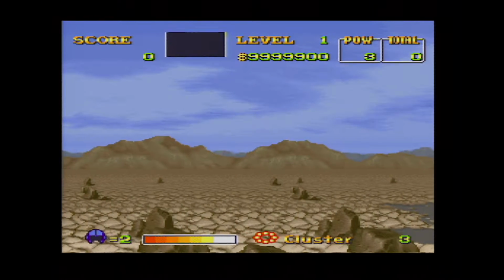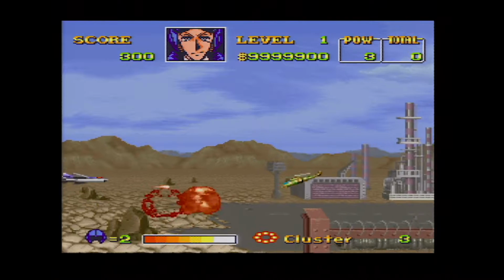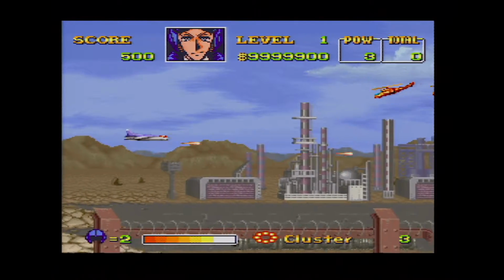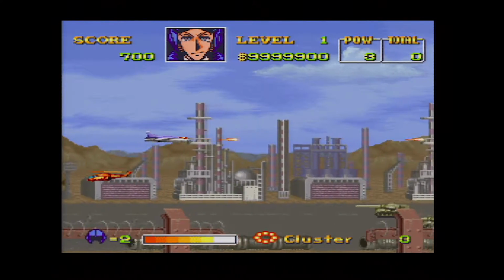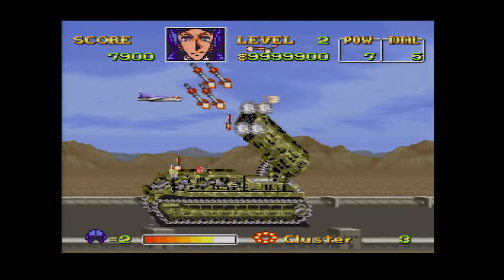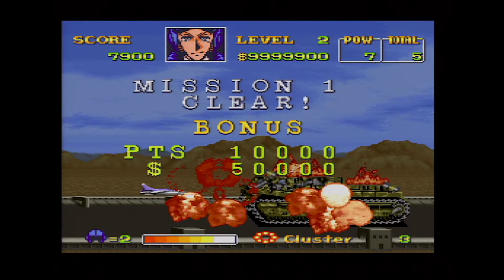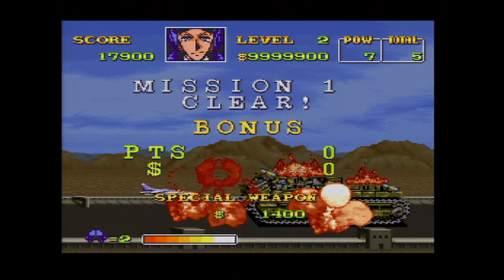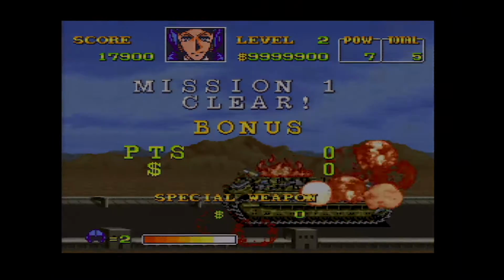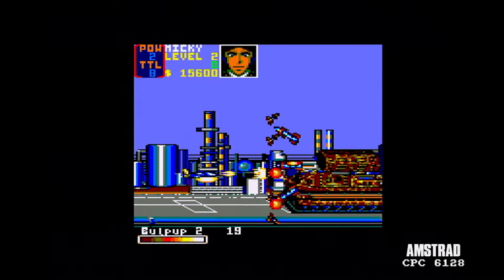And off we go, and it's far more reminiscent of the arcade. Look at this. This is what the Amiga version should be like, but isn't. Burt Tank is dealt with very quickly and easily. And then you get this scaling, this is just the beginning animation there. Here we are, Burt Tank on the